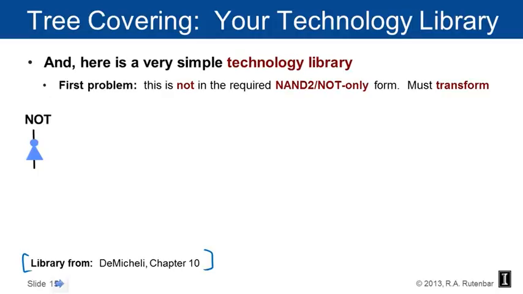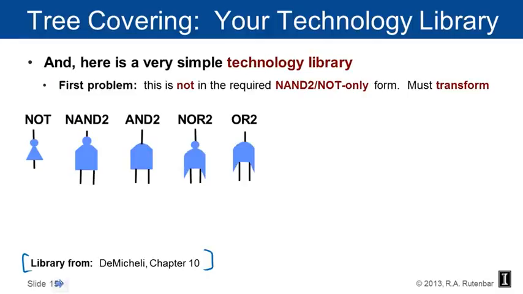An inverter, which we're just calling a NOT gate. A NAND2, which is a NAND gate with 2 inputs. An AND2, which is an AND gate with two inputs. A NOR2, which is a NOR gate with two inputs, and OR2, which is an OR gate with two inputs. Something complicated, an AOI 2-1. So this is a layer of AND gates, and then an OR gate connecting those products, and then an inverter